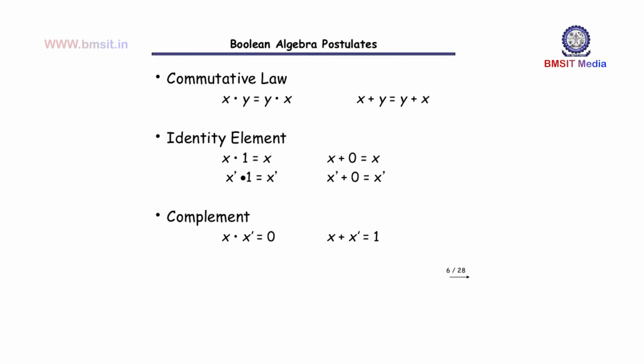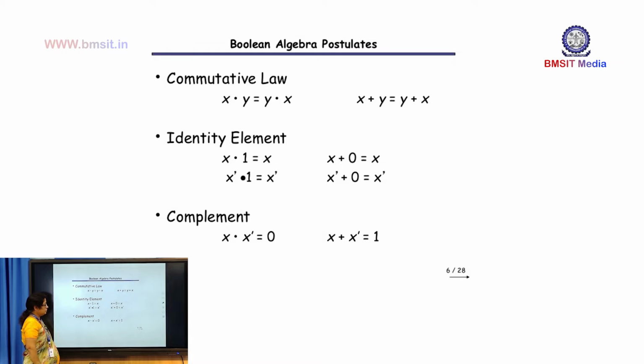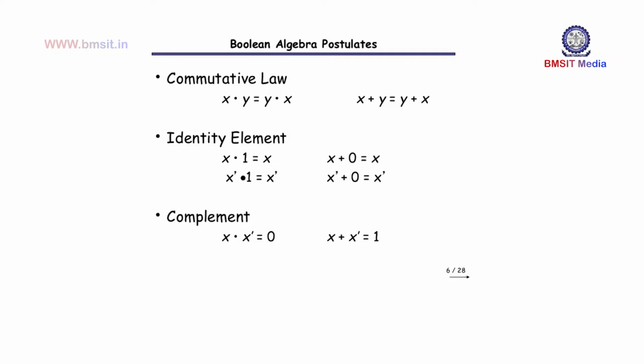We are going to understand different postulates or rules for simplification, which we also call Boolean identities. In case of Boolean identities, we start with this one. According to the commutative law, you have xy equal to yx. Clear? So, this is the commutative law for multiplication. Then for addition, we have x plus y equal to y plus x.